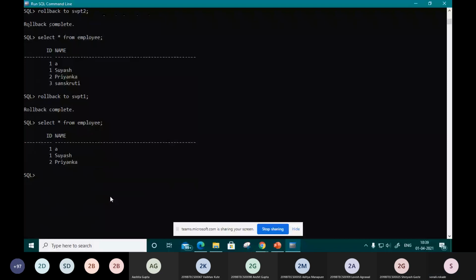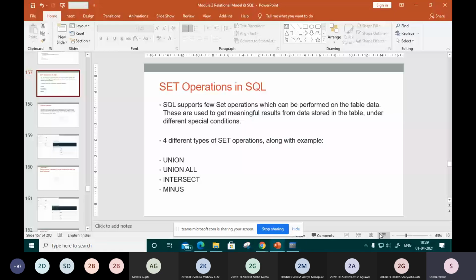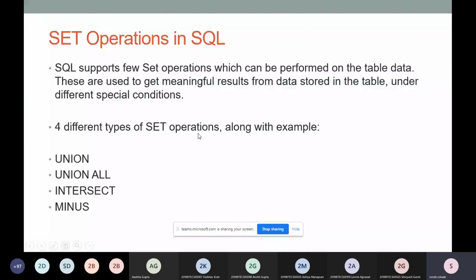Okay. Now we will move on to the next concept of our module, that is set operations in SQL. So these are the set operations that you have already seen in mathematics also. In the same way, the logical part behind it is the same one, just represented in SQL form.